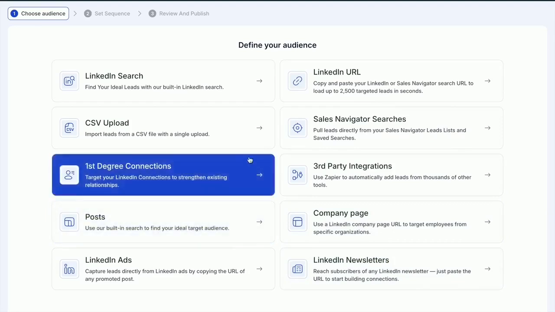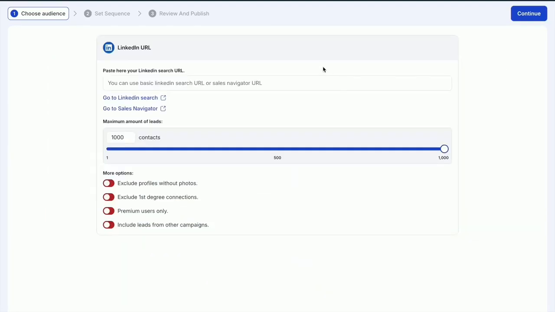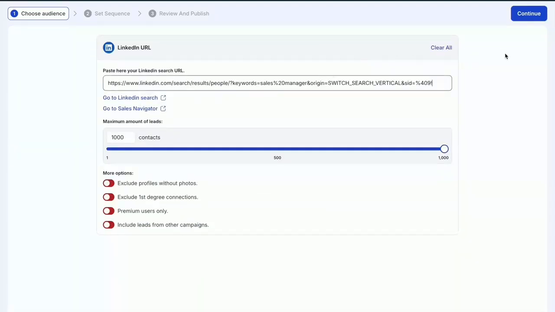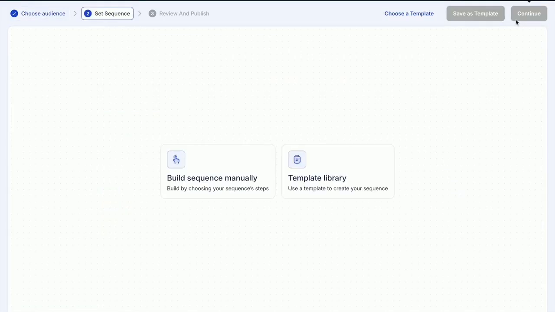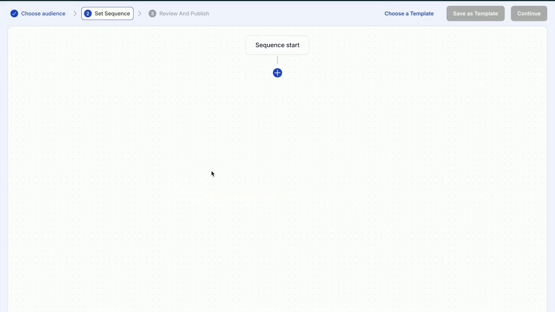The first step is to choose how you'd like to add your leads, whether by URL, uploading a file, or using saved searches, among other options, depending on your plan. Once you've added your leads, you can begin building your campaign sequence by adding the actions you want Meet Alfred